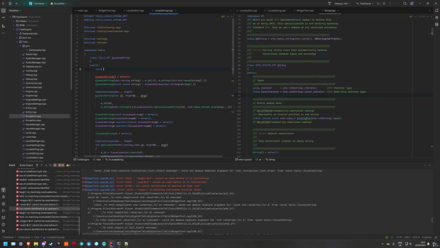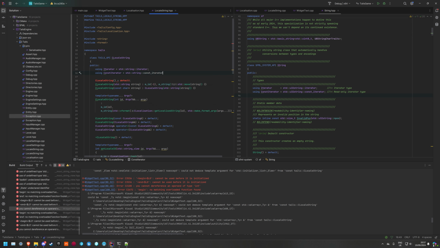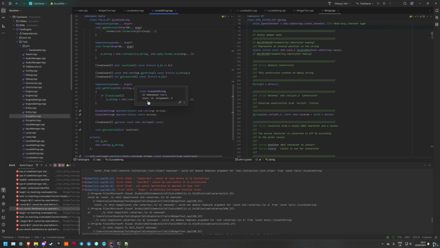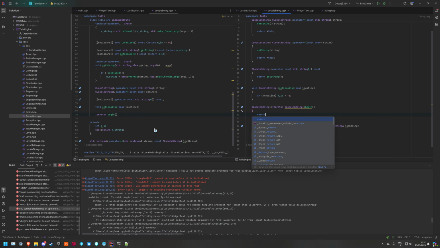You can have using iterator equals std string iterator, and then using const iterator equals the std string const iterator. So then I can just make begin and end things where we return iterator, begin, return std string,